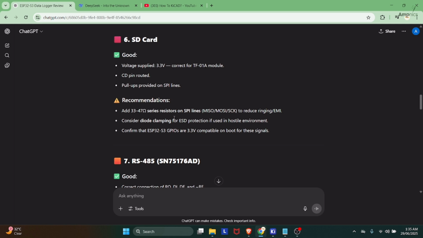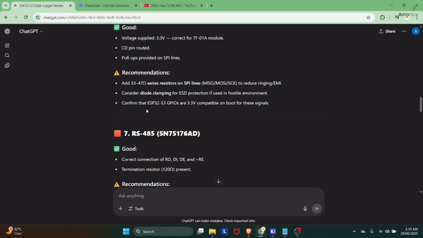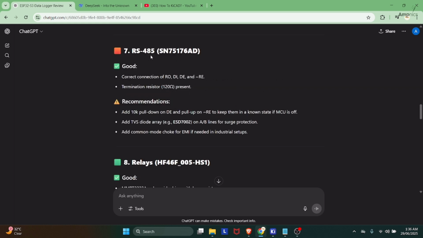But guys, if you notice one thing, if your target is the industry or automotive sector, you have to take care of EMI, ringing and noise, because these minor mistakes cause a major problem in the product. Better to work on it before going for the design. All right, so for that reason reviewing the PCB is always better. Then consider diode clamping. Again, it is for protecting the SD card or SD card slot from ESD, which we already used here. Okay, then we have RS485